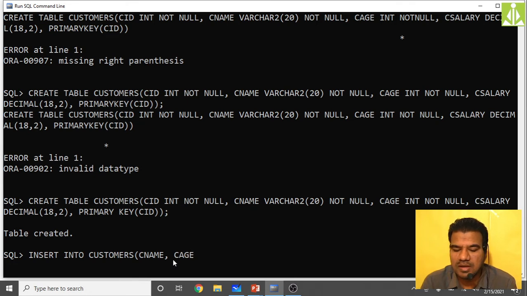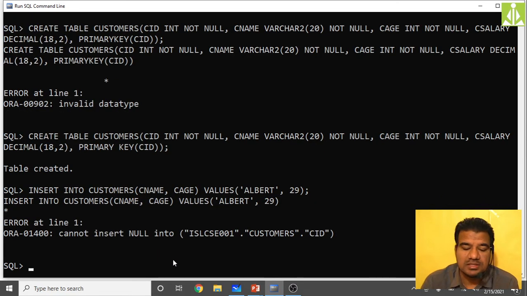Only two entries I'm making. For CNAME I'm inputting Albert, and for CAGE I'm inputting 29 years. Close the parenthesis, put the semicolon and hit the enter key.